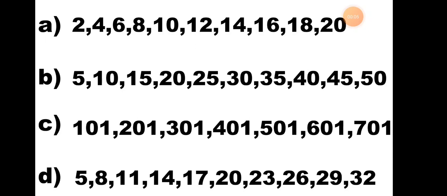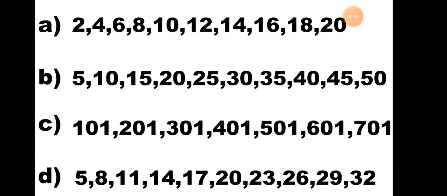2, 4, 6, 8, 10, then 12, 14, 16, 18, 20. Now when you look at the numbers in the units place, 2, 4, 6, 8, 0, and again you can see 2, 4, 6, 8, 0. So the pattern continues as you continue with the table of 2.